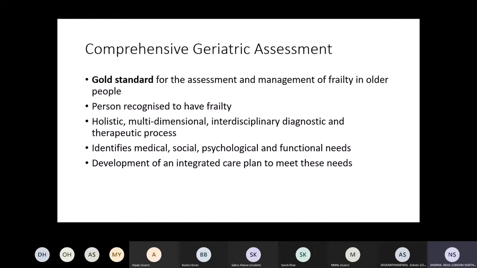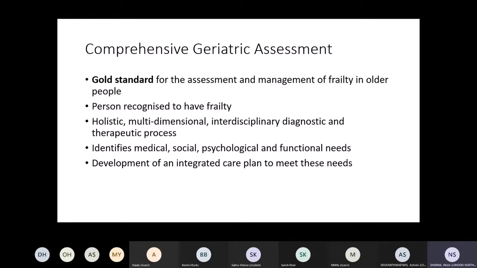Okay, so what is comprehensive geriatric assessment? This is the gold standard for assessment and management of frailty in older people. This is important for all the people who are recognized to have frailty, basically a score of 7 or above. This includes an interdisciplinary diagnostic and therapeutic process, which means that it needs to be a